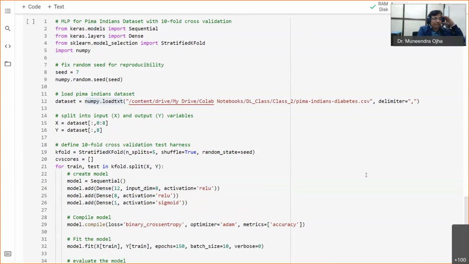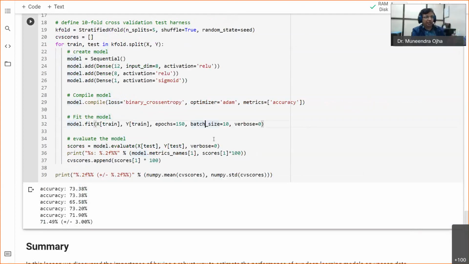Okay. Tessin asks what the verbose equal to in line number 32 is and why it is used. Okay, if I tell you what is verbose,